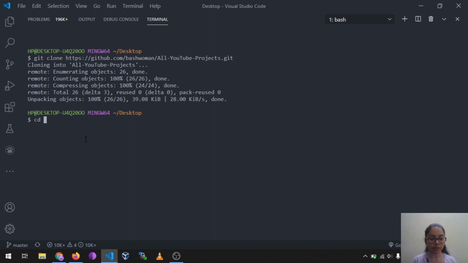So you can use cd. Cd means change directory. Okay, so now that we are in the main project that we want to work on, you see there is something called master. So what's that? What does it mean? Why is it here? Before that it was not there. Okay, so why is it here now?